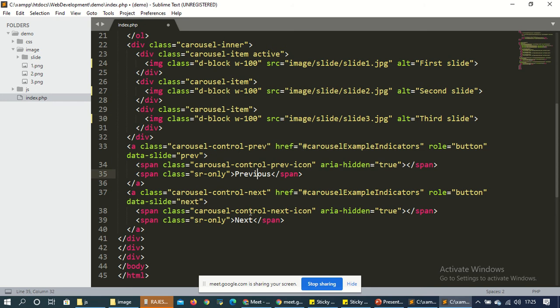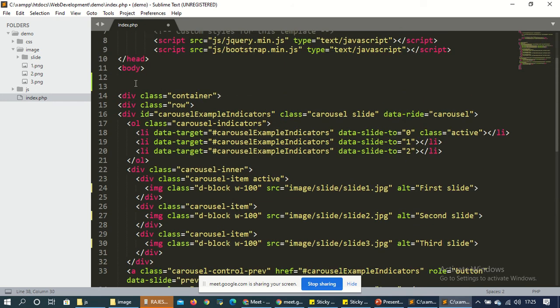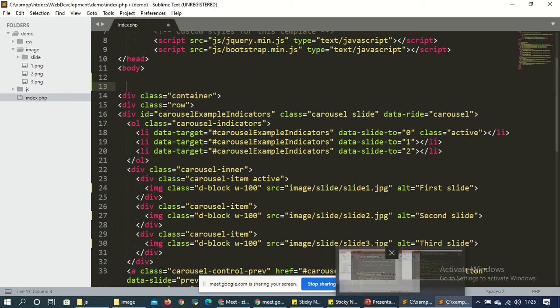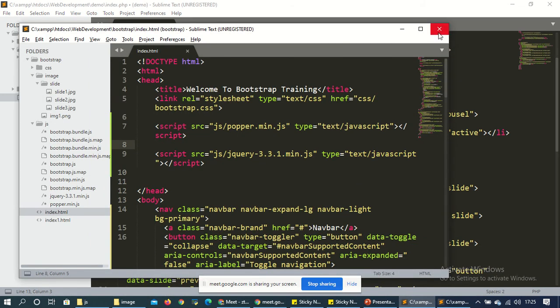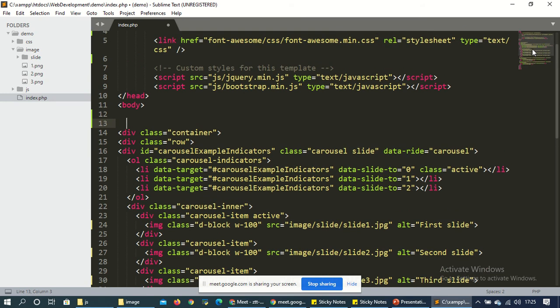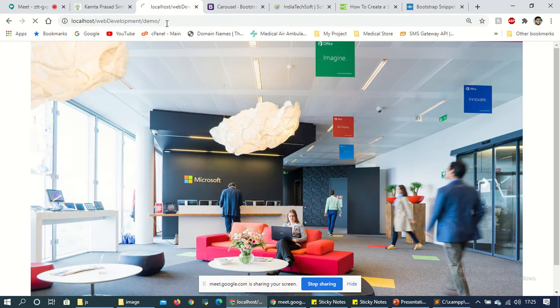Previous and next. Now I'm just going to delete this. If I want to use a navbar on that project, this is in a container.